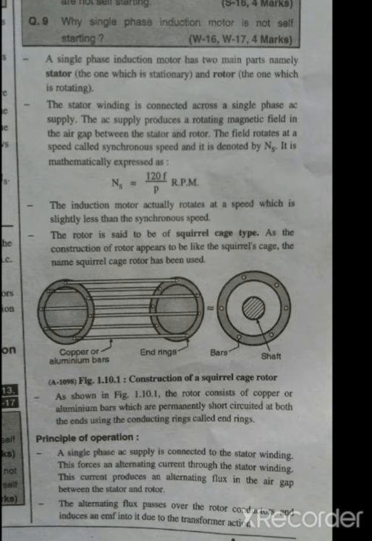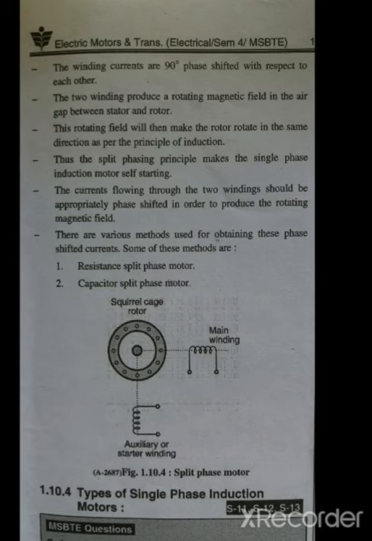The next is the stator core. Stator core is made up of silicon steel. It is used to house the stator winding. The next is the stator winding. Stator winding is made up of copper and insulation. The winding is separated by separate insulators. It is used to produce the rotating magnetic field, meaning flux, in the induction motor. The fourth one is the rotor core. Rotor core is made up of silicon steel.